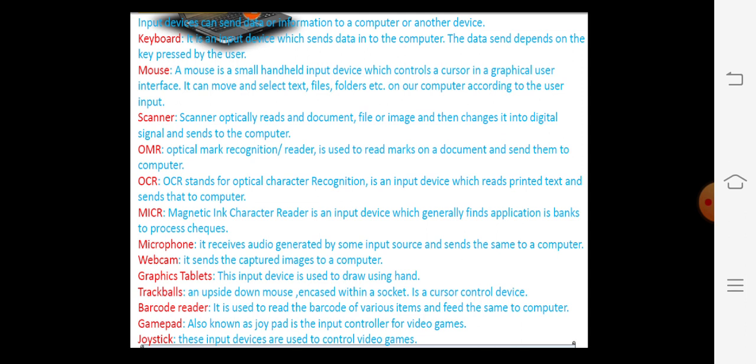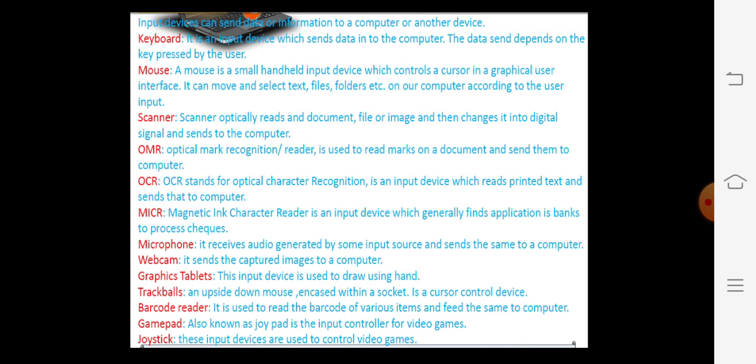What is the actual use of that particular sheet? That sheet is given to the OMR, so it can read the marks either through a circle or in a square box. Then OCR, that is optical character recognition or reader, is an input device which reads printed text and sends that to the computer in digital form.